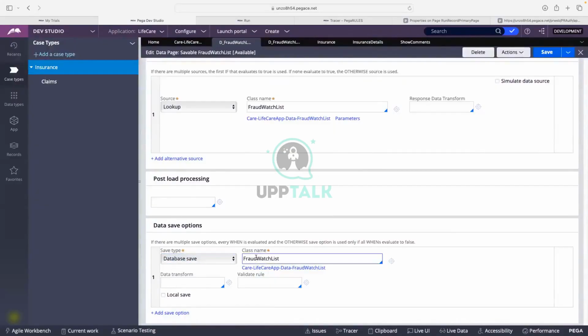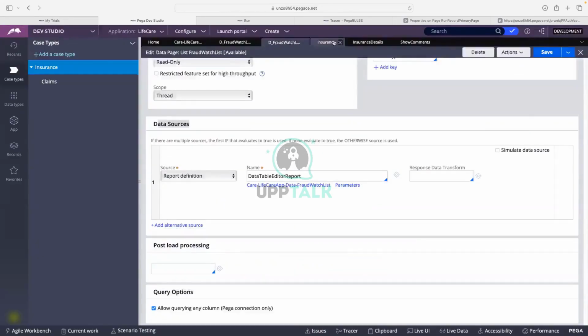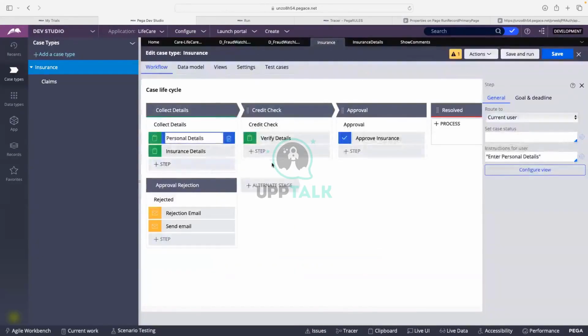That means we are just setting the configuration. It is a database save, but we are not telling when to save, where to save. There are multiple ways by which we can trigger data for the saved data pages. First one is in the case type, we have